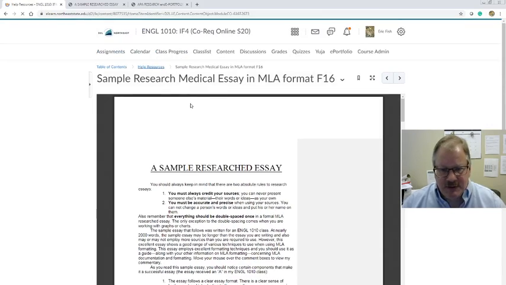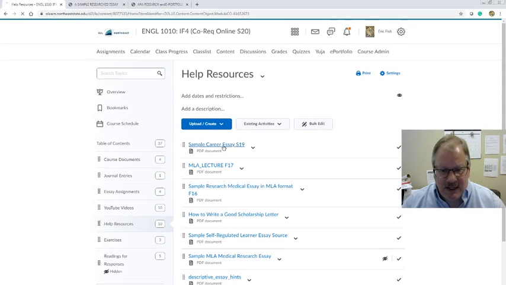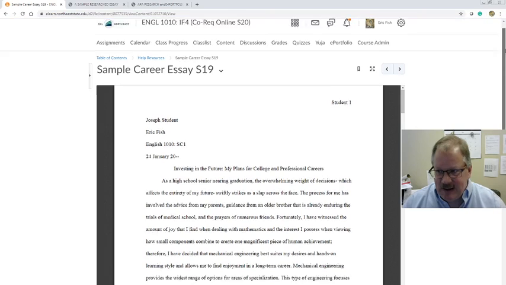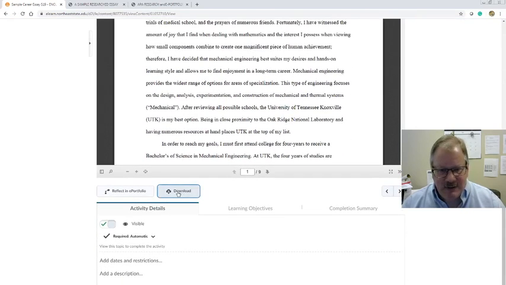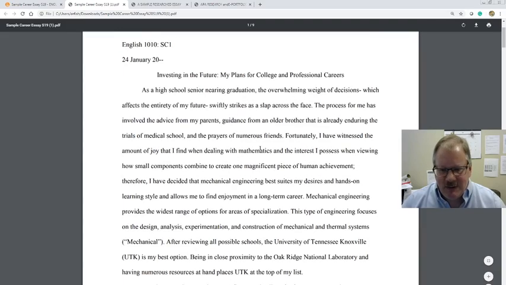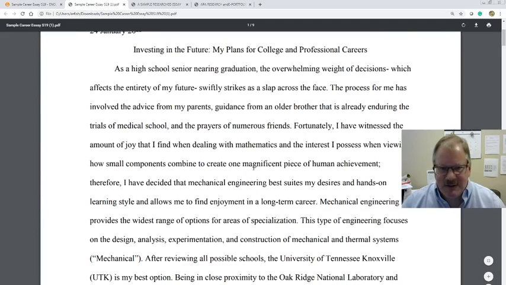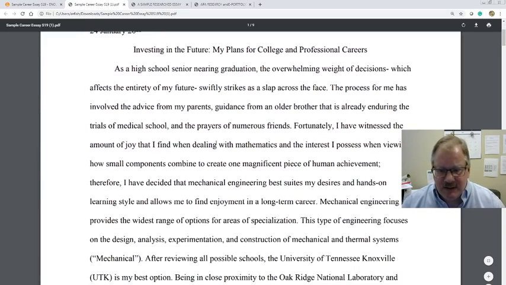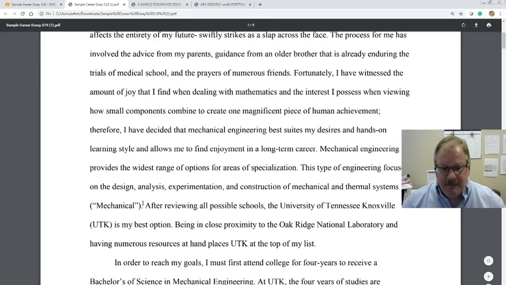If you go to the Help Resources page, you'll see a sample career essay. Take note of that. I have it up there so you can use it as a pattern. You're not going to do the exact same thing because you may not want to be a mechanical engineer. This is one of my dual enrollment students, actually. That's why it says SC1. But a good essay. I'm not going to read it to you. But here,